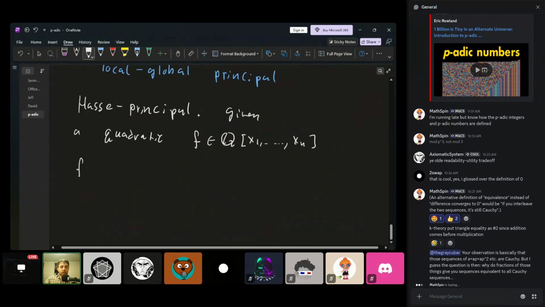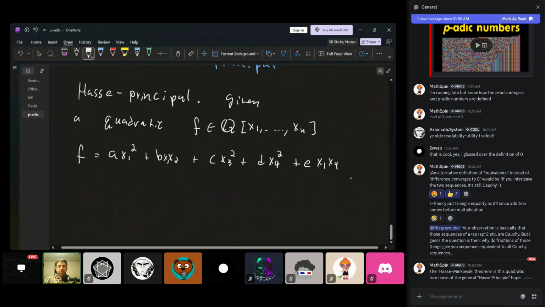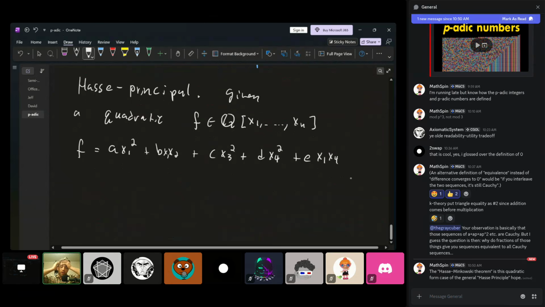So it's going to look something like a x1 squared plus b x1 times x2 plus c x3 squared plus d x4 squared, or something like this. And maybe let's put one other cross term, like x1 times x4. And one of the big useful things about the p-adic numbers is this famous theorem that says there exists a solution